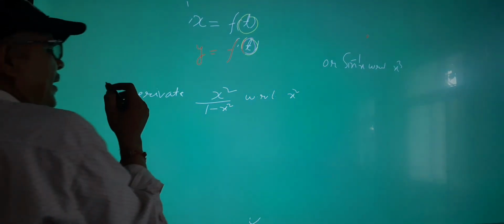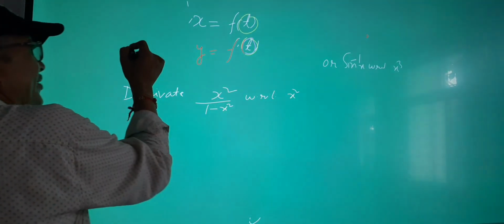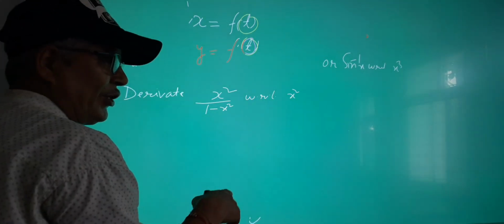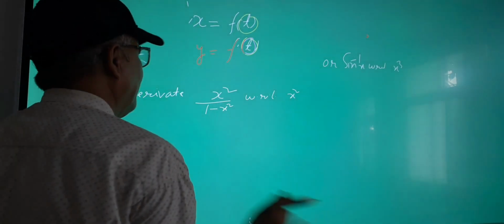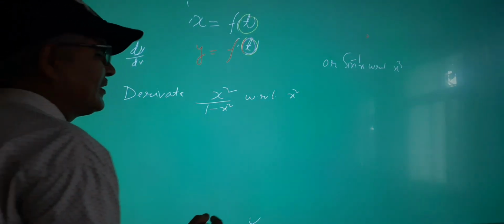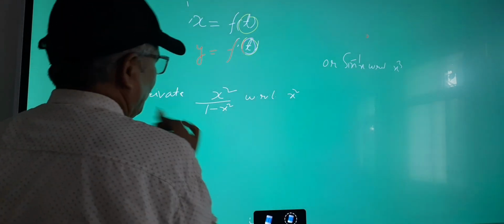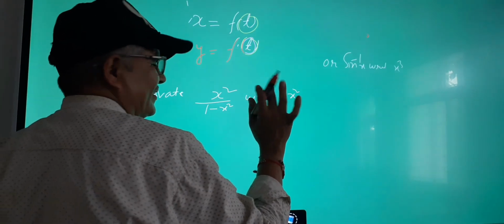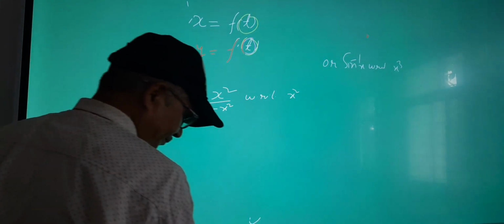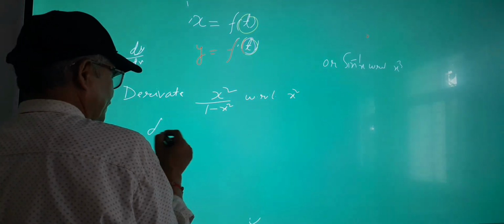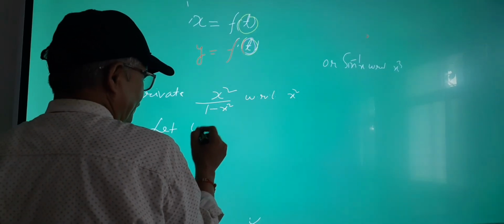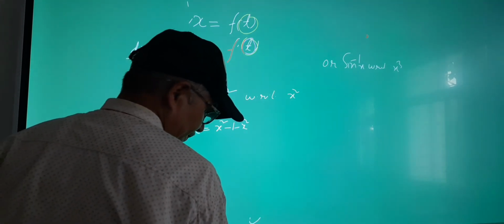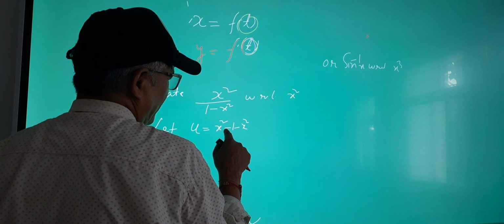अभी तो हमने पढ़ा है डेरिवेटिव ऑफ y विद रिस्पेक्ट टू x, dy अपॉन dx फॉर वन वेरिएबल, ये हमें आता है. अभी हमने क्या x का t में dx अपॉन dt, y का t में dy अपॉन dt अभी किया, बट दिस इज अ लिटिल स्लाइटली डिफरेंट. सो क्या डिफरेंट है देखिए. इसको हम थोड़ा पैरामीट्रिक फॉर्म में ले जाएंगे पहले. सो इसको इसके साथ सीधे डेरिवेट नहीं कर सकते. सो लेट अज्यूम कर लेंगे, लेट इसको हमने u मान लिया. u इक्वल टू x square upon 1 minus x square.